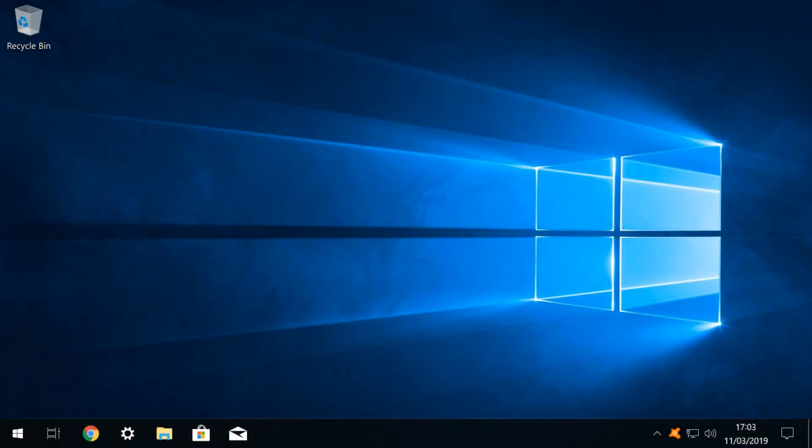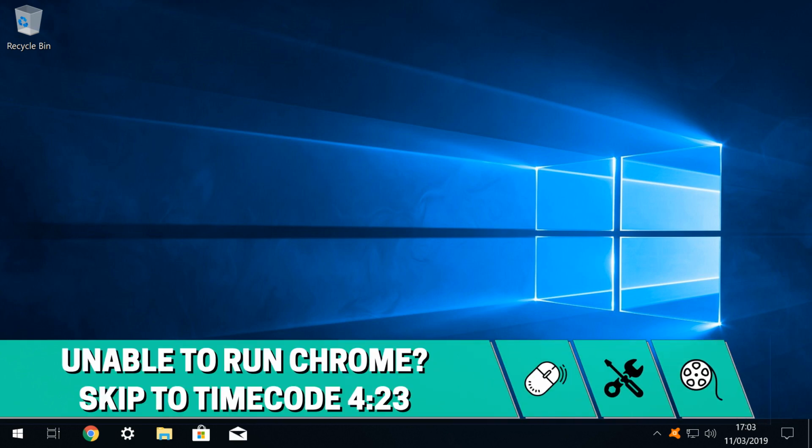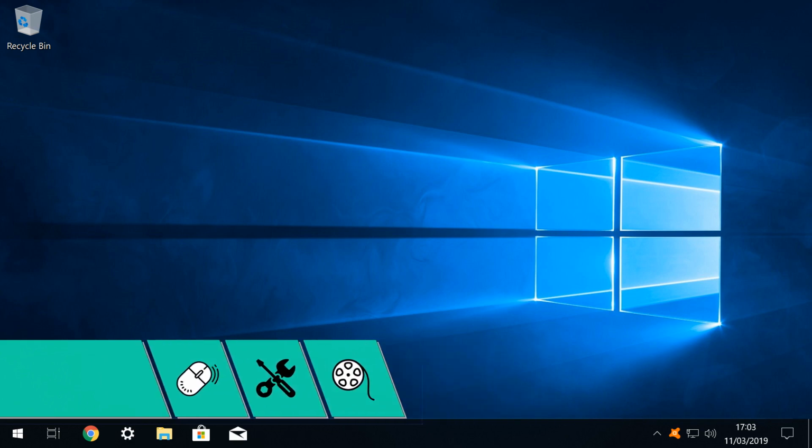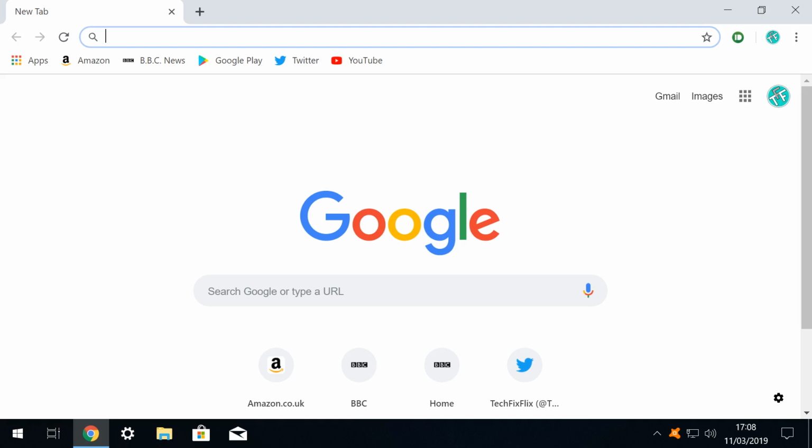In this tutorial we will look at two methods to export saved bookmarks from Google Chrome on Windows 10. The first simply extracts them from a working copy of Chrome, so we run Chrome to begin. At the main Chrome window we click on the three vertical dots in the upper right corner, which opens the